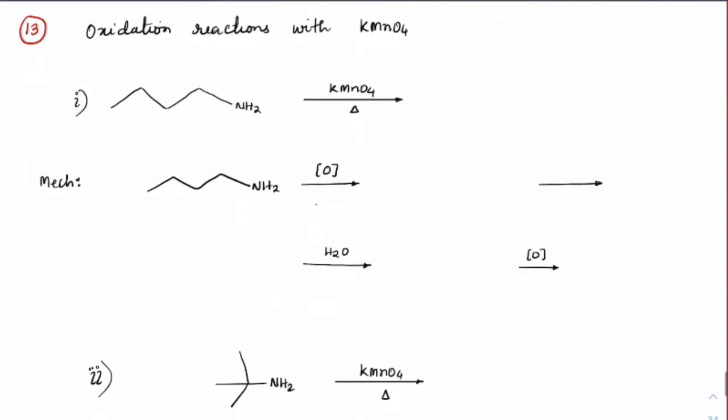Okay, this one is an oxidation reaction. How does the oxidation happen in case of KMnO4, or the ones which are similar to KMnO4? So KMnO4, acidic or basic medium and heat, in both the cases we will get a product as acid here, with primary amine, you see that it is a 1 degree amine.